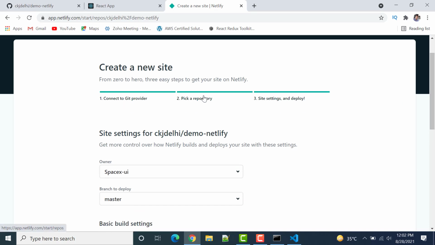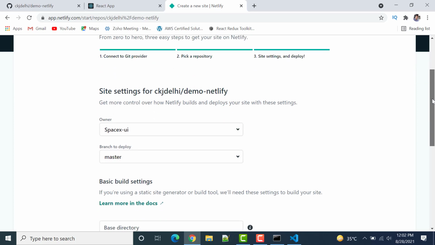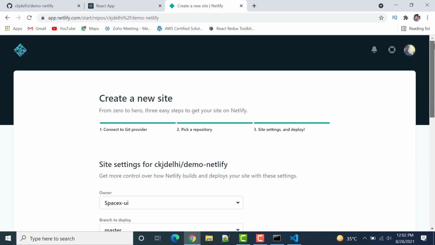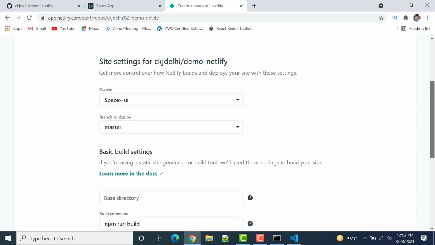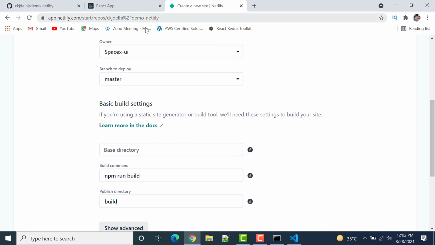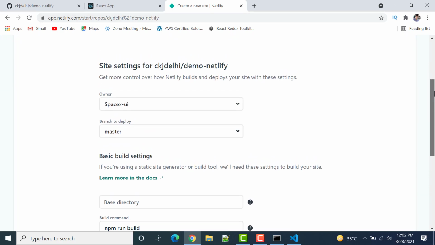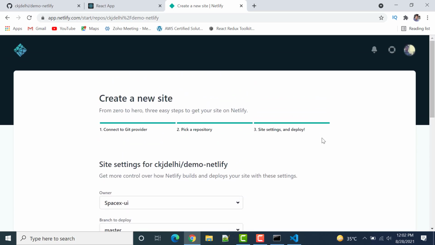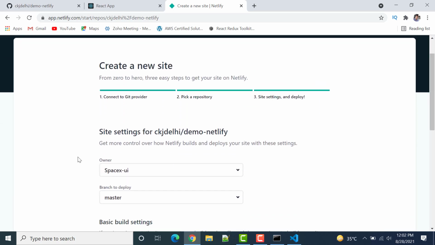We are in stage 2, create a new site. Now what we have to do is give the name of the site or owner of the site. Initially I had given the name SpaceX, so that's why it is showing here SpaceX.